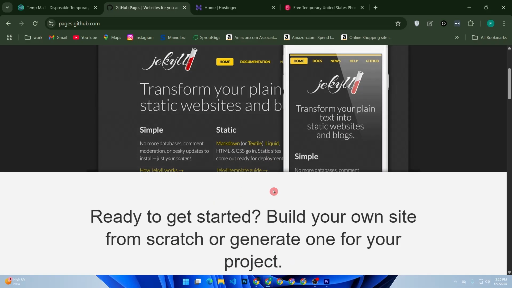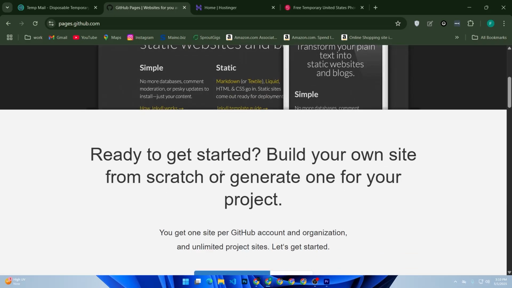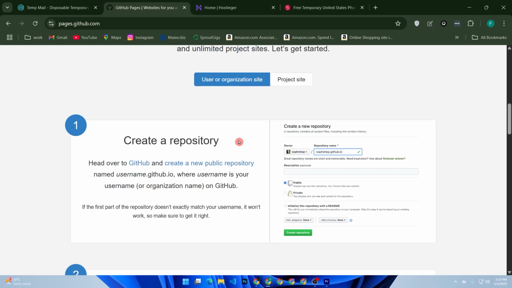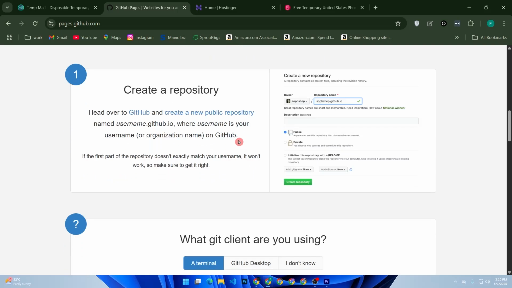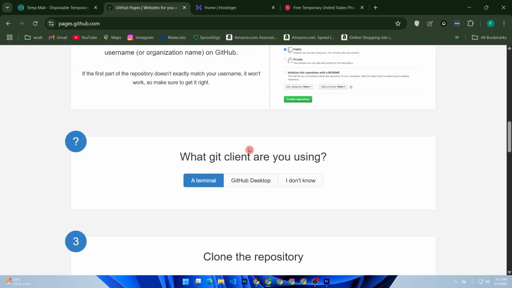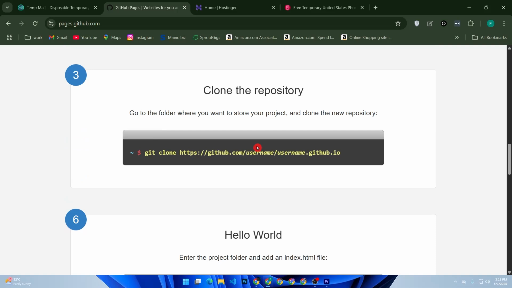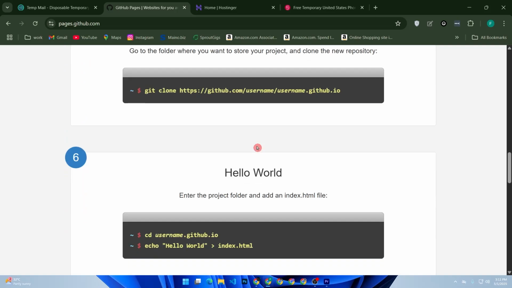First of all, open your GitHub repository page, then go to Settings and select Pages. Then select your branch, like main, and the root folder. Save it and note the site URL, like your name